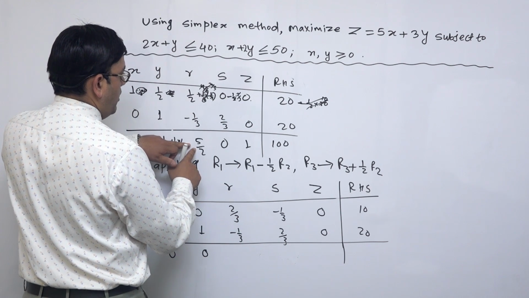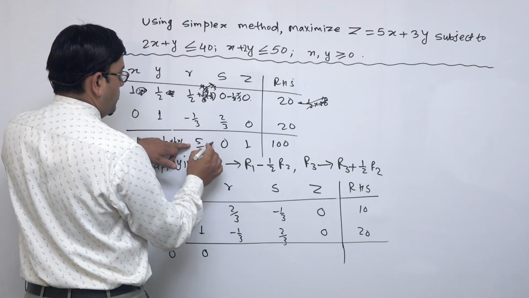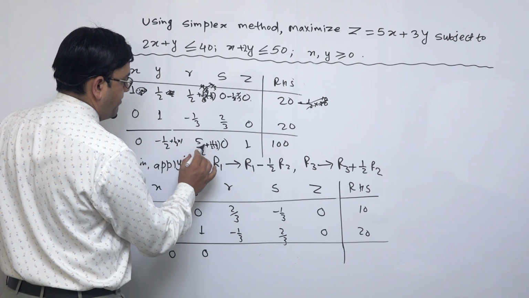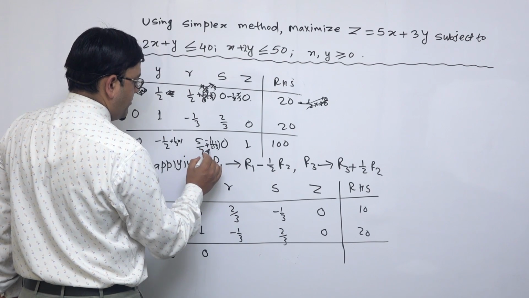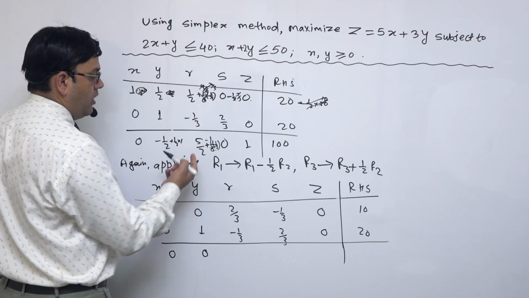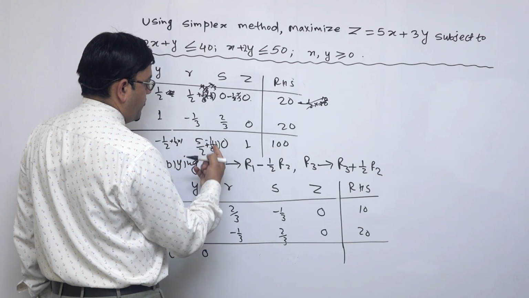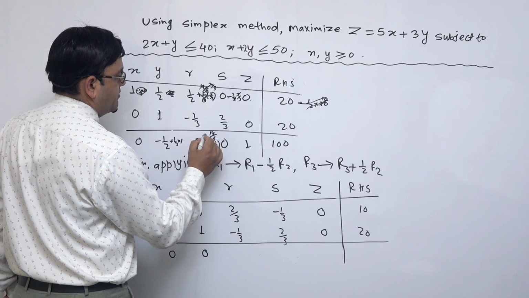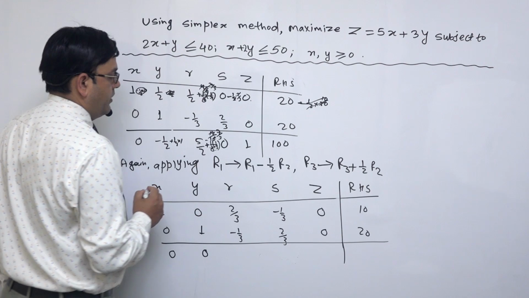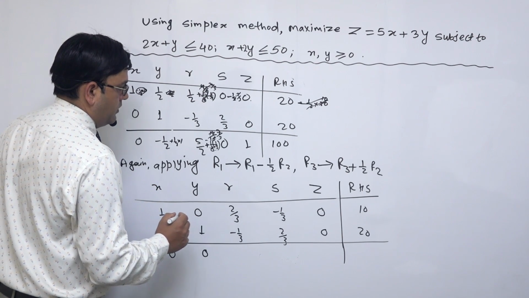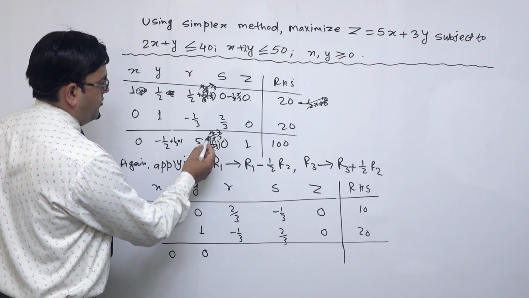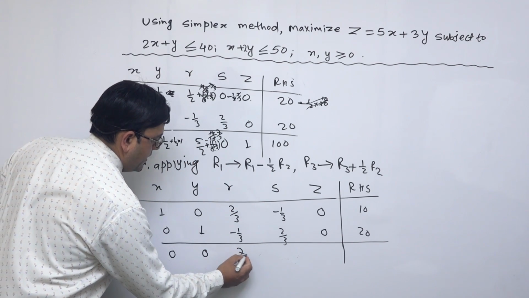R3 changes into R3 plus 1 by 2 R2 means minus 1 by 3. अब हेर्नुस् है त 5 plus minus minus 5 minus 1 by 6 भयो। एलसीएम लिनु पर्यो हामीले। 2 र 6 को एलसीएम 3 आयो। So 5 times 3 is 15 minus 1, 14 by 6 भयो। So 14 by 6 means हामीले यसलाई क्यान्सल गर्यौं भने 7 by 3। 14 by 2, 2 ले 7, 7 by 3 आयो।